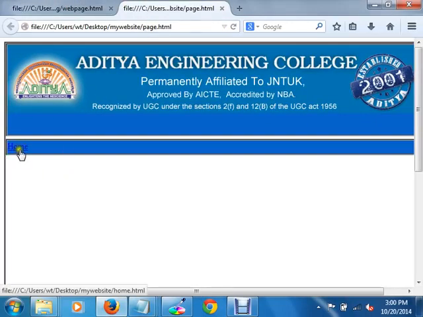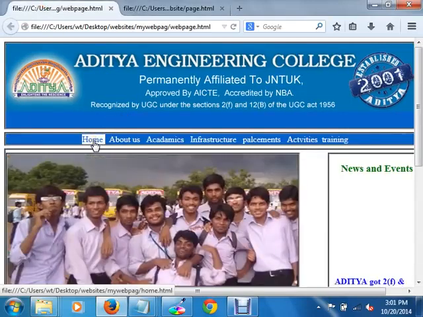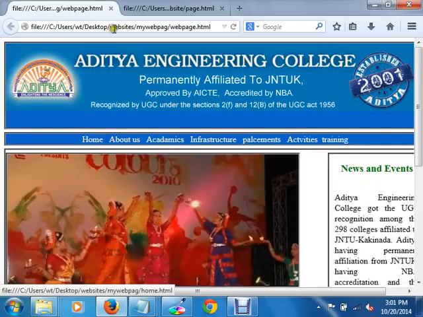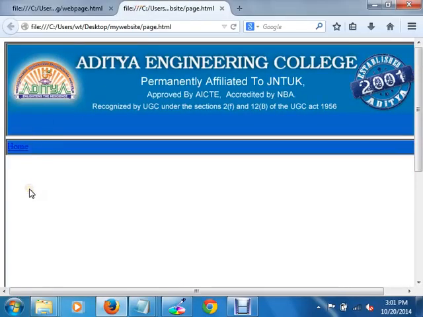So it is displaying home here, but it is not visible to you. Now, for the link, it is having some white color, but here it is displaying with the default color of the link, that is blue. Now we have to change that color from blue to white.